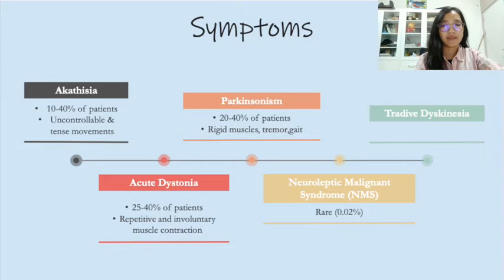Besides the common symptoms, there are also rare symptoms. One of them is neuroleptic malignant syndrome, or NMS. It occurs in only 0.02%. However, this is very serious as it could lead to coma and even death. Last is tardive dyskinesia, which is a delayed symptom and causes involuntary movements, such as chewing and lip smacking, without